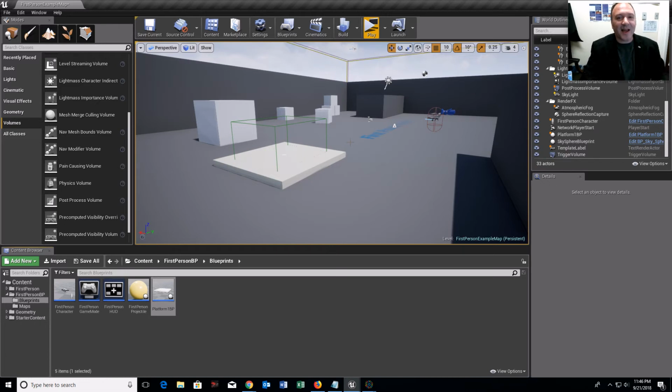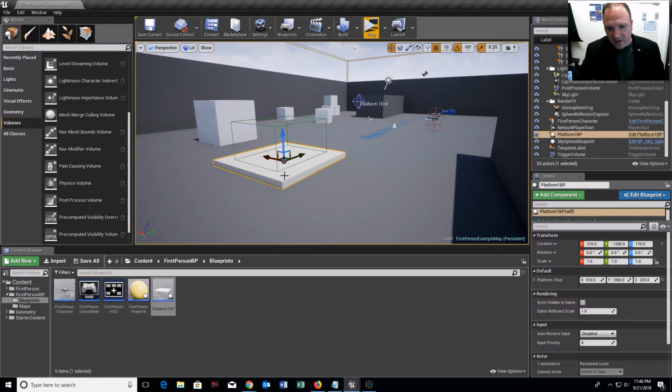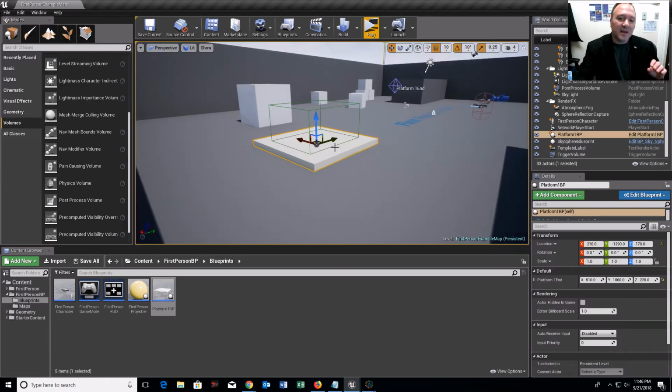That's why I made the begin point and end point in the level blueprint as well. The beauty of this is, if you click the platform, it just so happens, maybe I haven't been able to figure it out, I can't see my 3D widgets, my platform 1 widget, when I create it in the level blueprint. I can only see it in my viewport when I click on the platform. Maybe I'm wrong about that. Maybe you know of a way I can do it, but I don't. So this is how I do it.